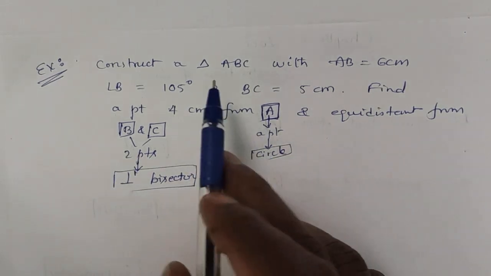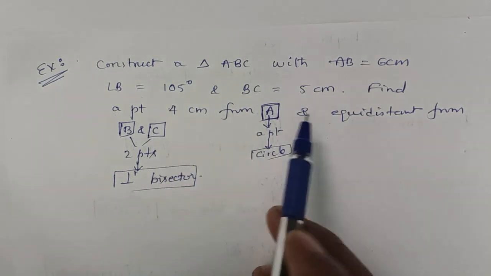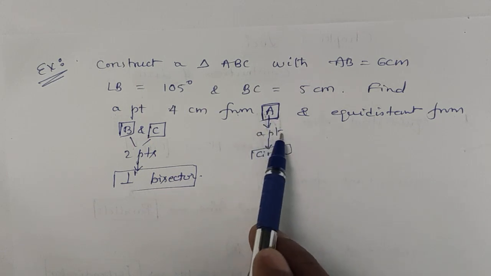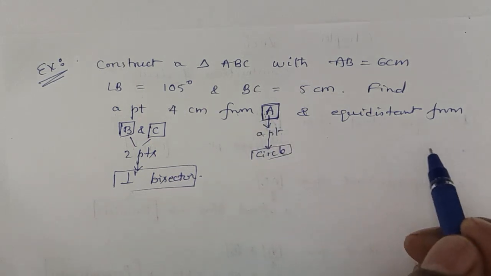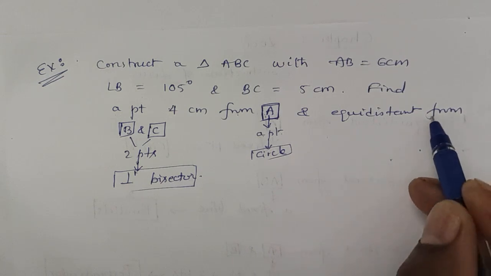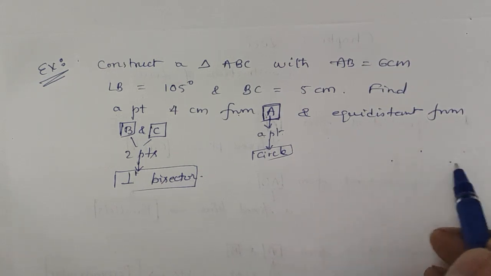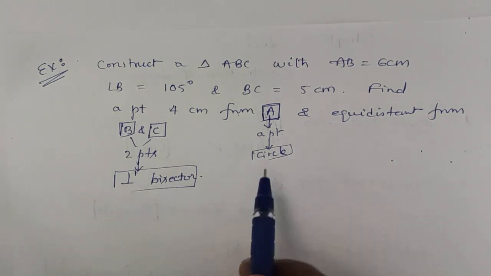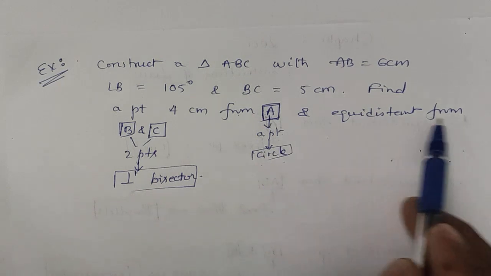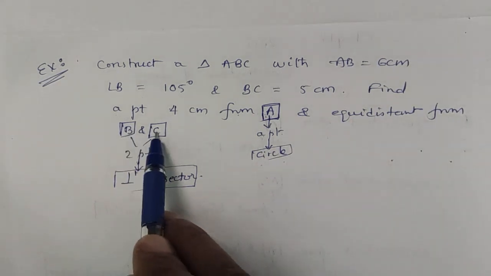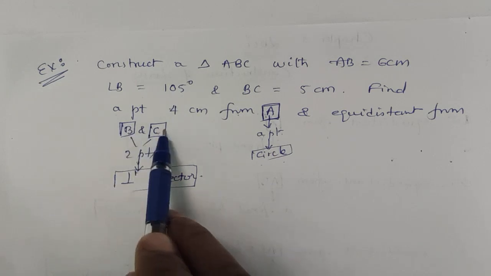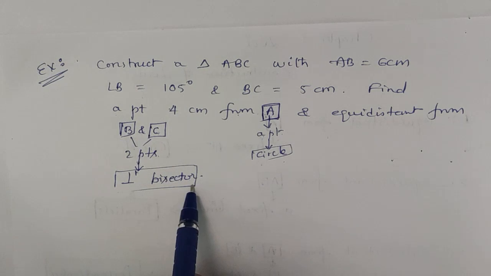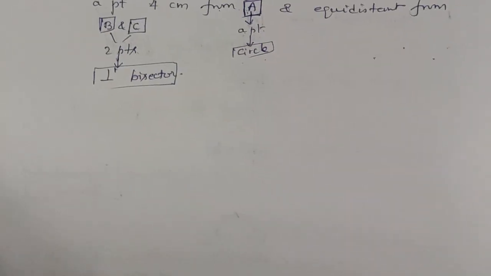Then the problem finishes. First construct the triangle, then go to the 2 conditions given. The first condition is from A, just A, which means a point. When a point is given, circle. When 2 points are given, perpendicular bisector. When a line is given, parallels. When 2 lines are given, angle bisector. Like that, 4 conditions are there. A is a point, so circle. The next condition is from B and C. B is a point and C is a point, separated by the 'and' symbol, so 2 points, and we draw the perpendicular bisector. So we'll complete this.